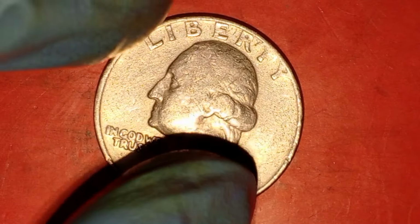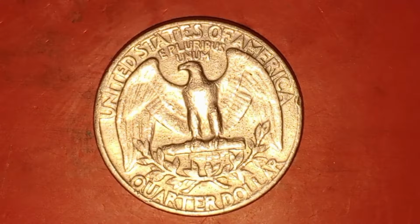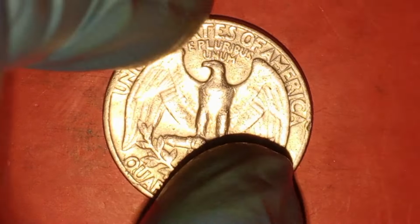4. Die cracks and die clashes. Die cracks and die clashes occur when the minting dies used to strike the coins become damaged. A die crack can cause lines to appear on the coin, and a die clash can cause parts of the coin's design to overlap in unusual ways. These errors are particularly in